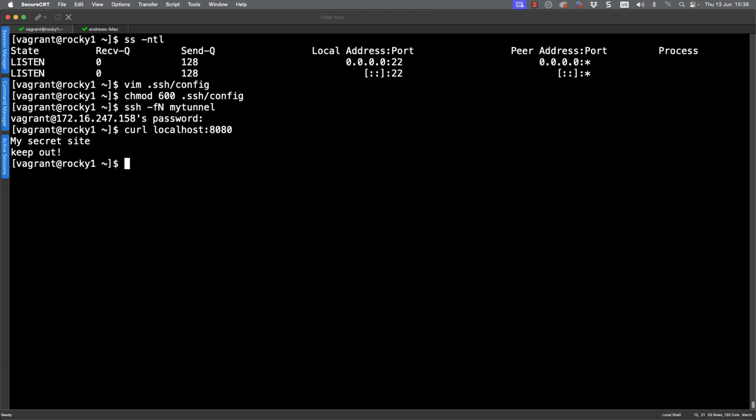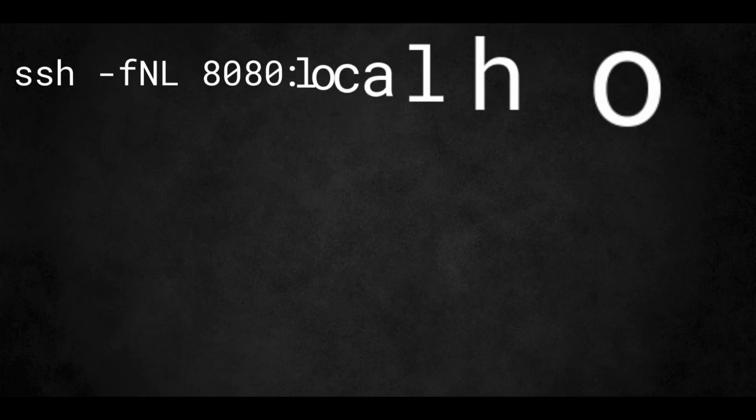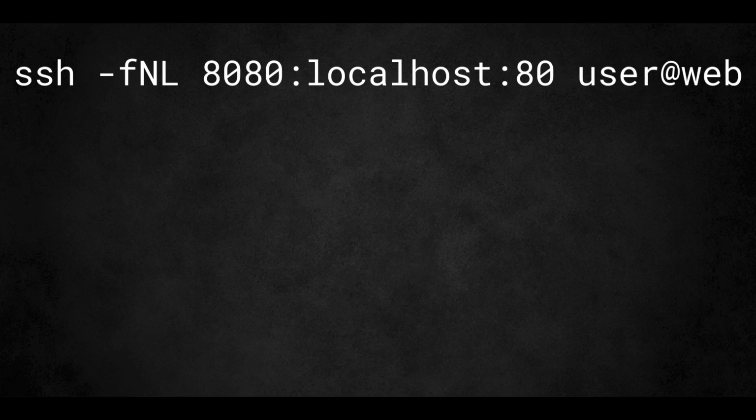And again, I can allow this to time out through the normal SSH mechanisms, or I can go through and kill the process. If you need to create the tunnel infrequently, then creating the definition at the command line might be the way to go.